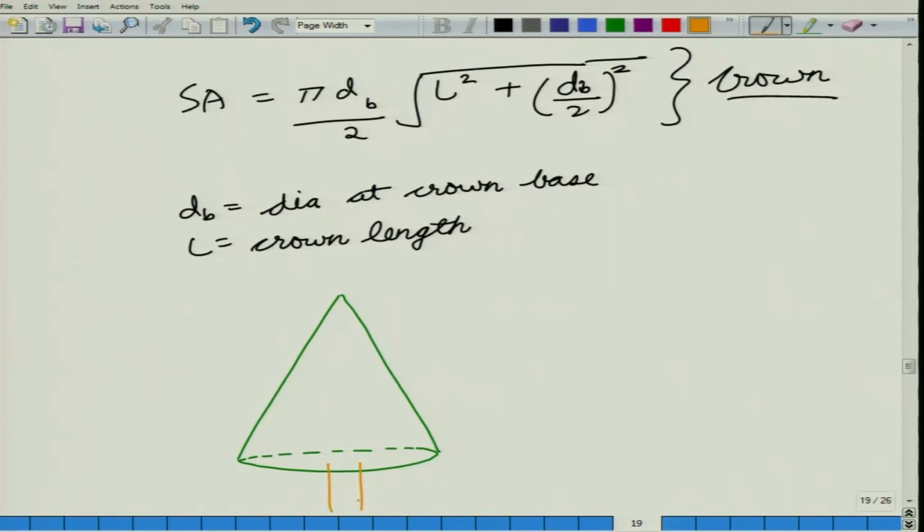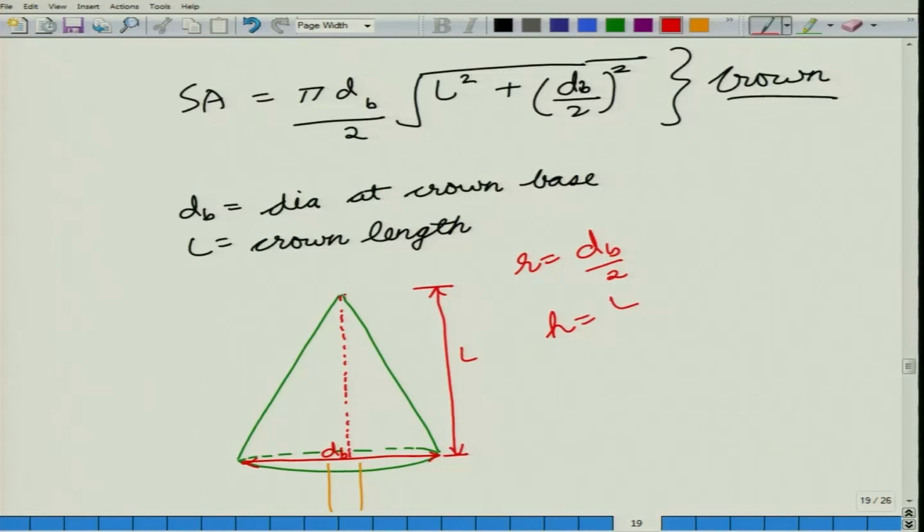So, essentially this is your tree. Now, in this cone you have the diameter at the base as dB and your crown length is capital L. So, now if we do a perpendicular here, in this cone we have the radius equal to dB by 2 and the height given by capital L. So, what is the lateral